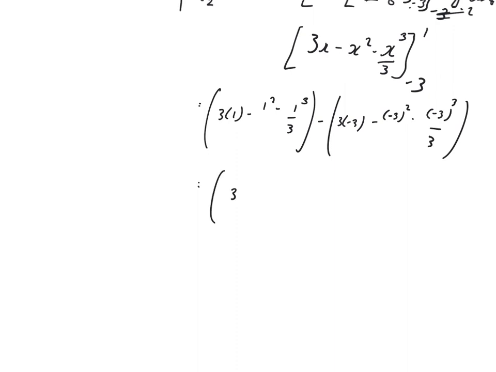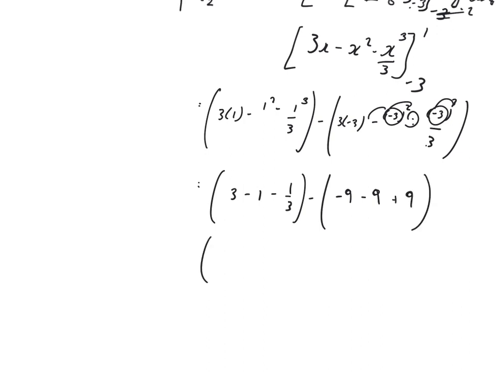Okay, 3 lots of 1 is 3, minus 1 third, minus open up, minus 9, minus 3 squared is 9, put a minus in front of it is minus 9, minus 3 cubed is minus 27, put a minus in front of it is plus 27 over 3 is plus 9. Okay, 3 minus 1 is 2, so it's 2 minus 1 third, close the bracket, minus, okay, minus 18 plus 9,